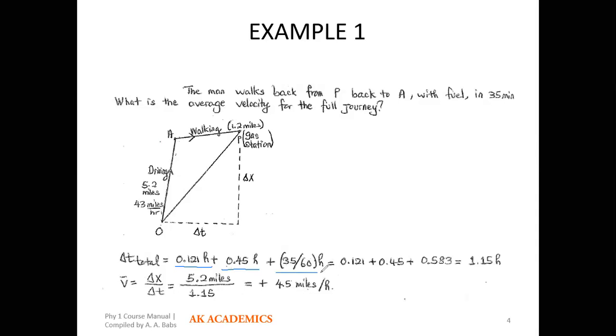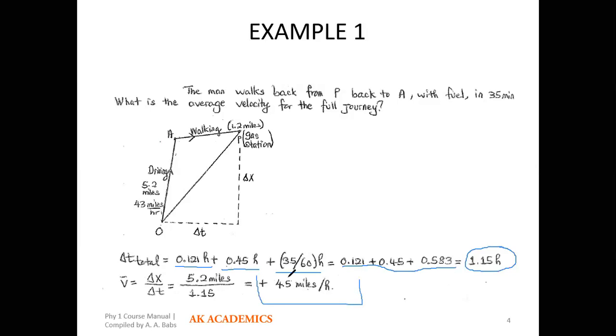If you add this to what we already have, we have 0.121 plus 0.45 plus 0.583, and the total is now 1.15 hours for moving from O to A to P, and then P back to A. So we keep that somewhere, and then we want to find the average velocity. The average velocity will be equal to change in x divided by change in time. Our change in x, which is our displacement, would now be 5.2 miles. It will become 5.2 miles divided by 1.15, and that gives us